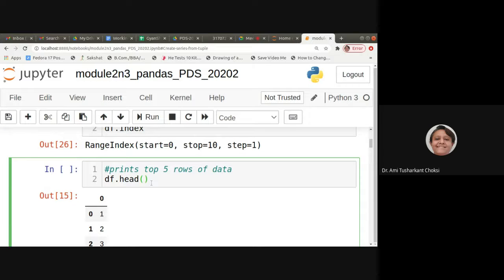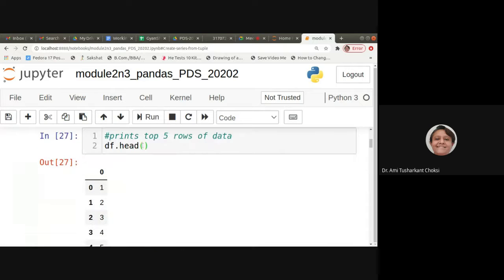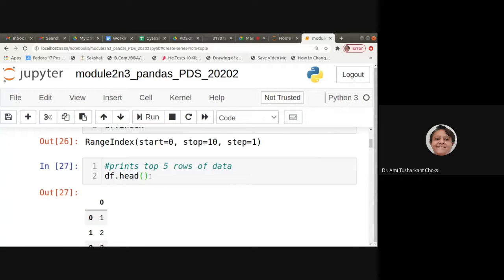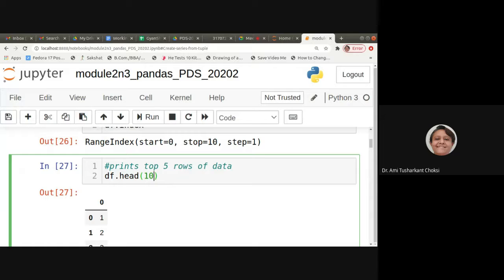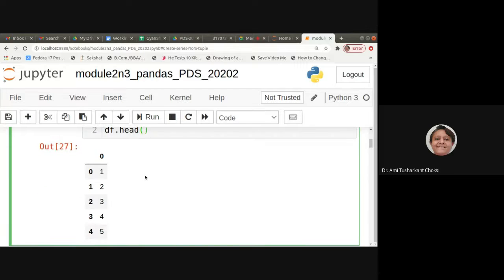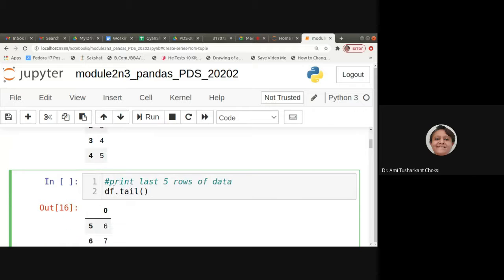If we want to print the first 5 rows of the data, we can use df.head. This will also be used for our data set, right? So understand it properly. If I want to print 10 rows, I'll specify it here. By default, if I use df.head, it will give me the top 5 rows. If I use df.tail, it will print the last 5 rows of the data.